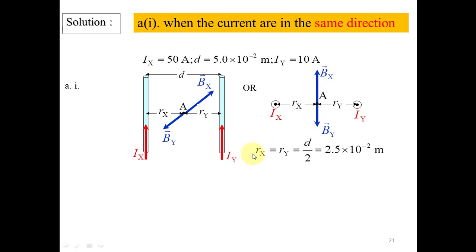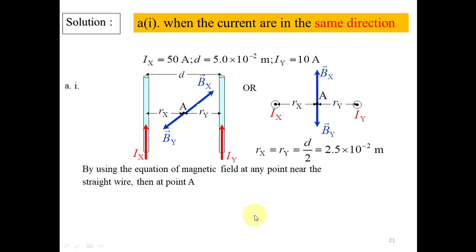Then we just substitute. At the middle, we have the distance given, 5 times 10 power negative 2. Since it is at midpoint, that means half of the distance between Ix and Iy, that is 2.5 times 10 power of negative 2 meter. By using the equation of magnetic field at any point near a straight wire, then at point A,